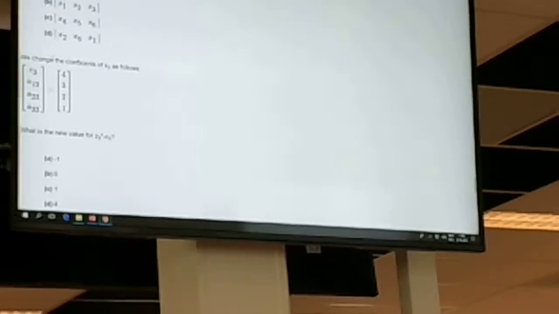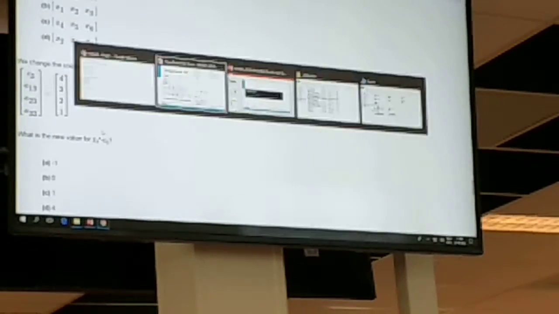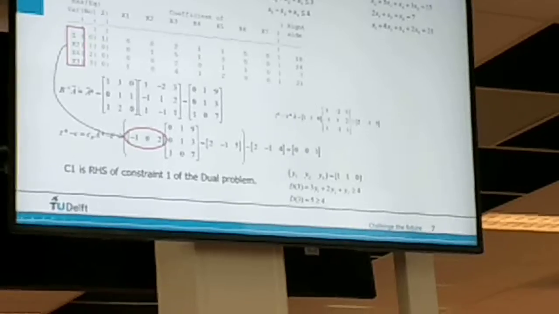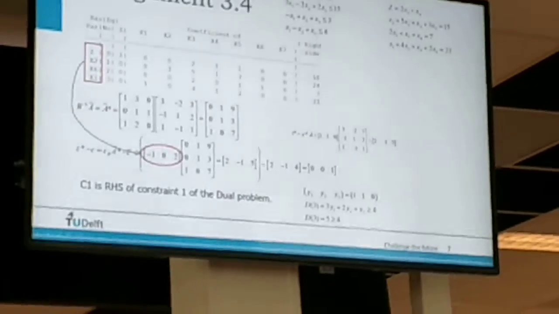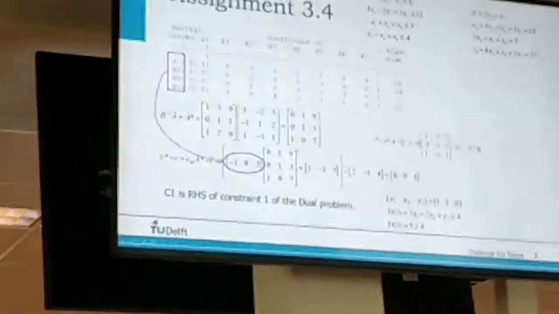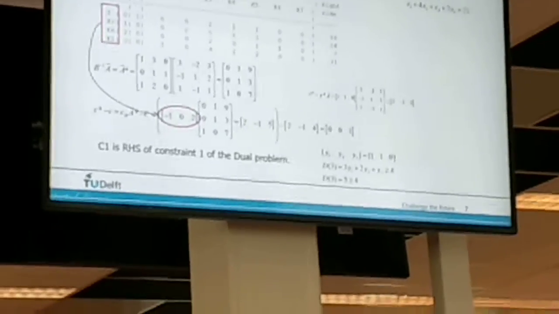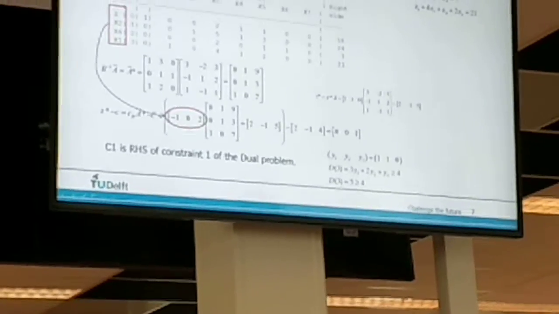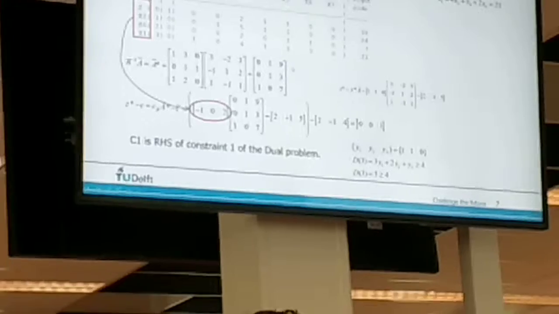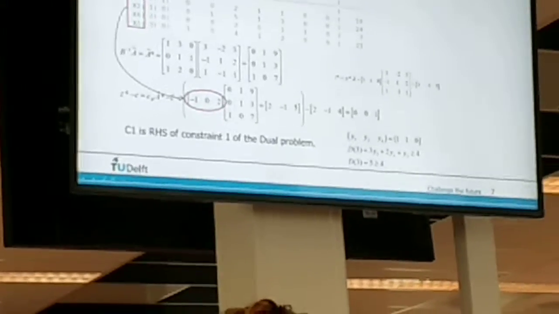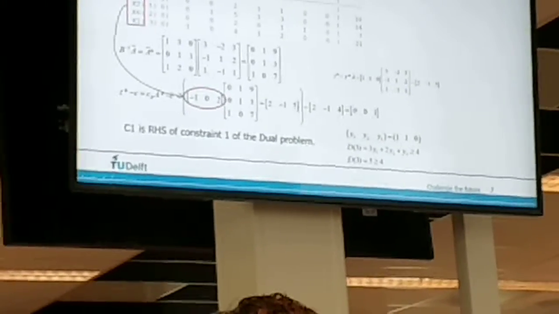So if we now change the coefficients, what we have to do is recalculate our new A matrix by taking the inverted B times our new A matrix. So we change these coefficients of x3 to 3, 2, and 1. This is our B, so that's actually this part in here. We take our inverted B times the A matrix, and we get our